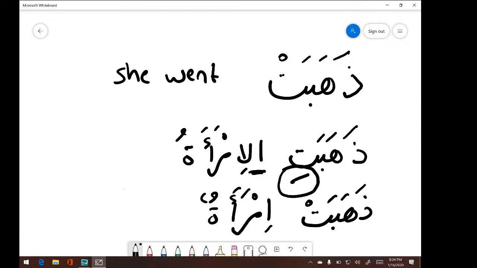You don't say dhahabat al-imra'atu because Arabic is not choppy. Arabic is flowy. So when you say dhahabatil imra'atu, it's flowing. So it's not getting a kasra because of some harf jar, because alif lam doesn't give kasra to anything. So why is it giving a kasra here? Because of the flow. You know what I'm saying, right? So it's not really a rule. But you'll see as we go through these books, there's a lot of these types of random rules that are not really rules. They're just to keep the flow of the language. Right? That's why I'm saying dhahabat al-imra'atu is not wrong. It's just when you speak, you won't say it like that. You know what I'm saying?